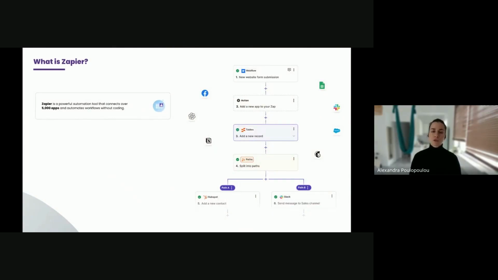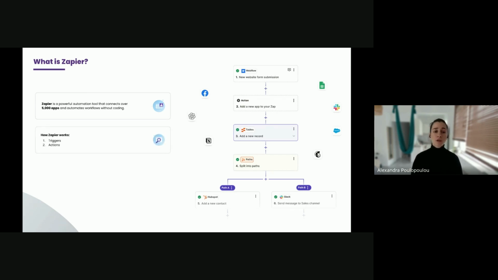But before I go into the platforms, I would like to mention a few things, because I mentioned that we are going to use Zapier, but I'm not quite sure how many of you have already used it or know what it is. Zapier is an automation tool. It has many integrations with different apps, over 5,000 apps, and it is possible that you will find your CRM there, or you can connect the data with marketing platforms like GA4 and Google Ads that we will see here today, or other platforms like Meta or Google Sheets.